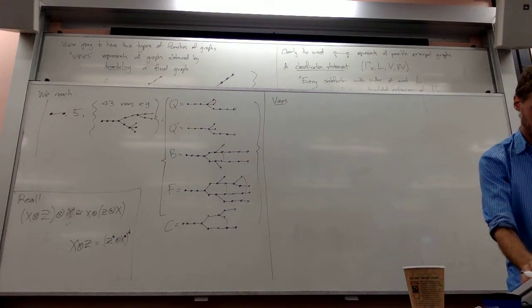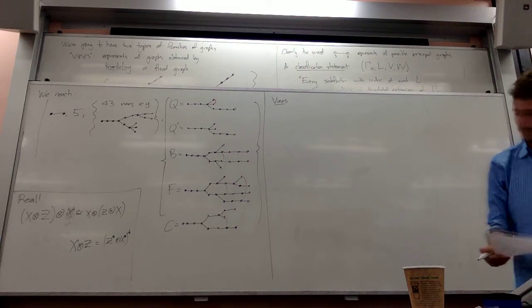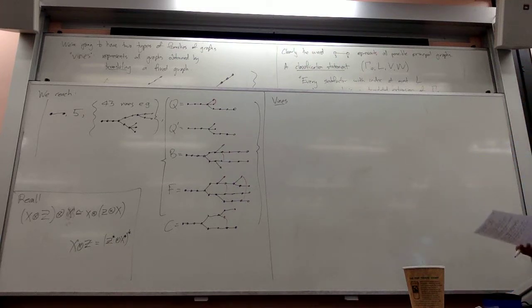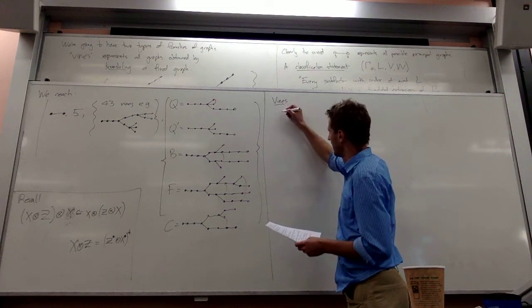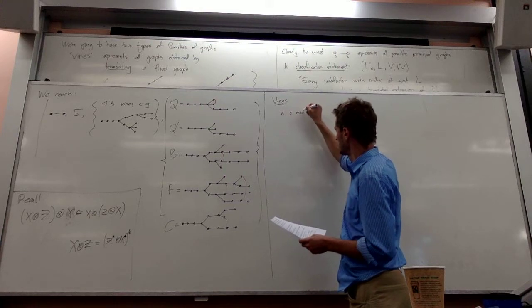So this story is sort of an interesting one in that we're suddenly going to import a whole lot of number theory into the problem. And this number theory we only realized could be imported into the problem after the subfactor planar algebra perspectives and the fusion category perspectives had both been, well, we'd realized they were the same thing. Because this number theory was stuff that people working on fusion categories and modular categories worked out, and we just borrowed. So it turns out that in a modular category,